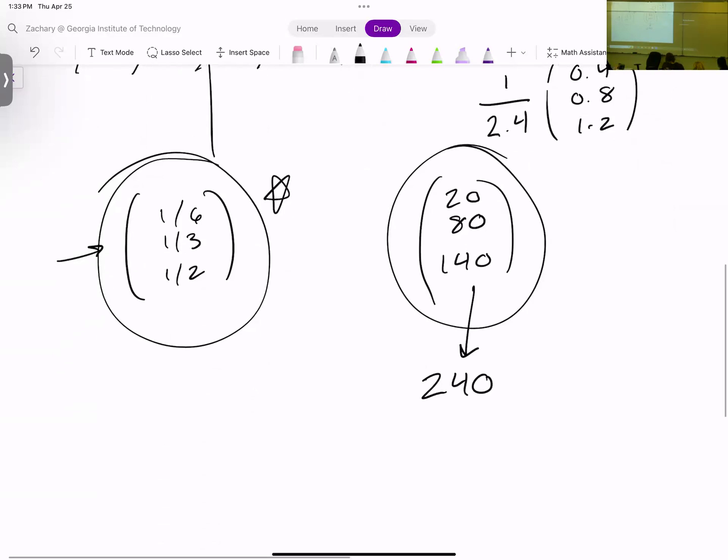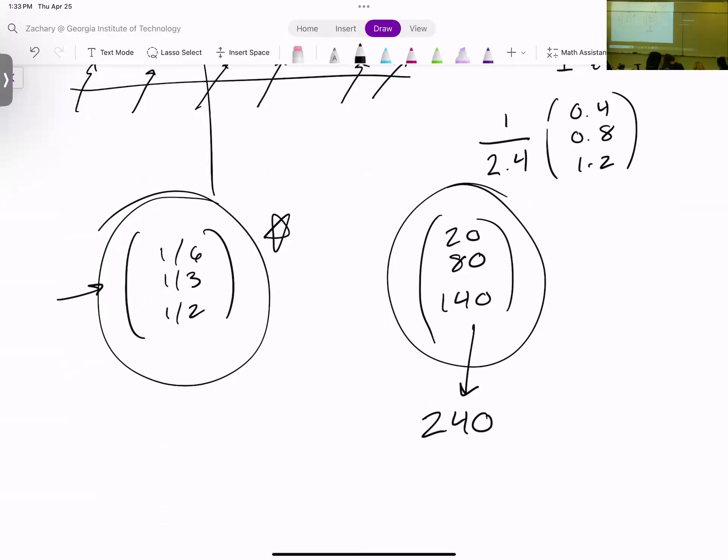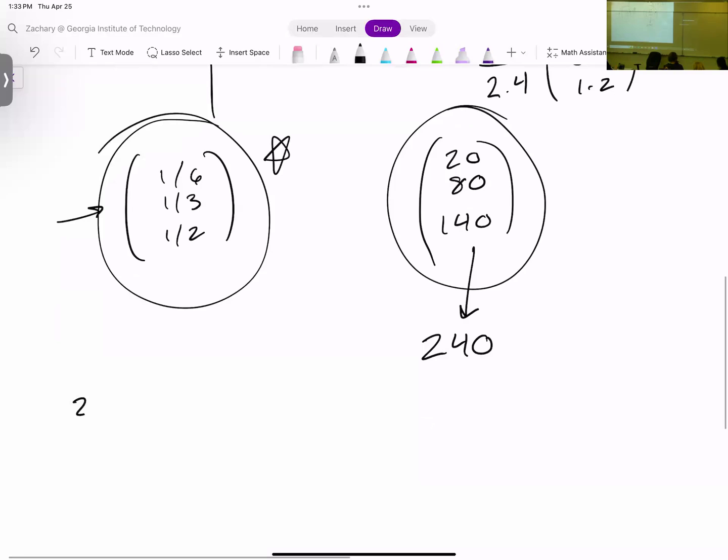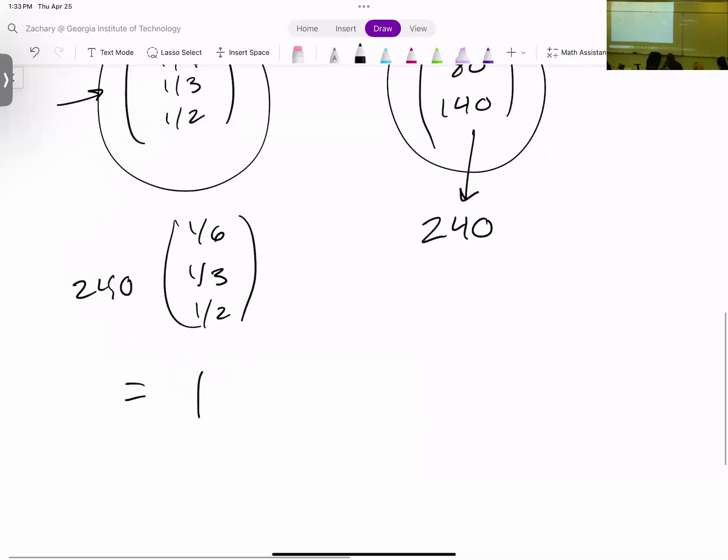Okay, so now we know we start with 240 people, and we end up with the proportions of where they are. So how do we find out how many people are going to be at each of those places? Yeah, you just multiply them, right? Proportion times total just gives you the amount in each. So we just multiply 240 times 1/6, 1/3, 1/2. And this gives us A to the infinity, A to the infinity times some random vector x, will give us